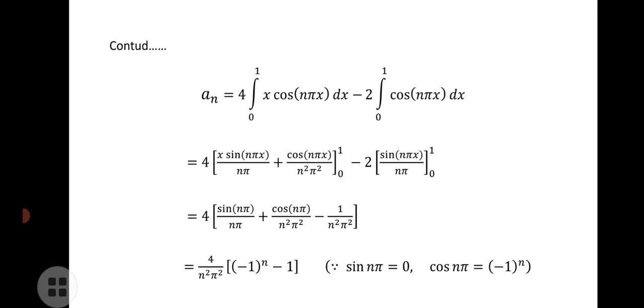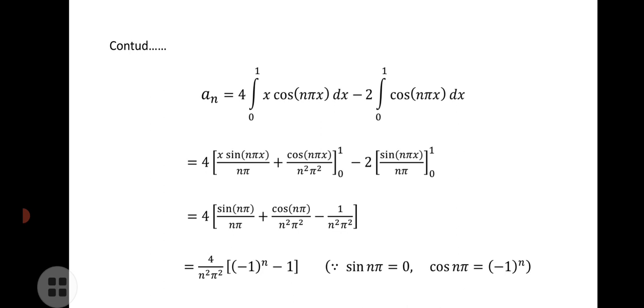Applying the upper limit as well as the lower limit, we will get 4 into sin n pi divided by n pi plus cos n pi divided by n square pi square minus 1 divided by n square pi square. So here the sin n pi value, we know that it is 0, and cos n pi is minus 1 to the power of n minus 1,